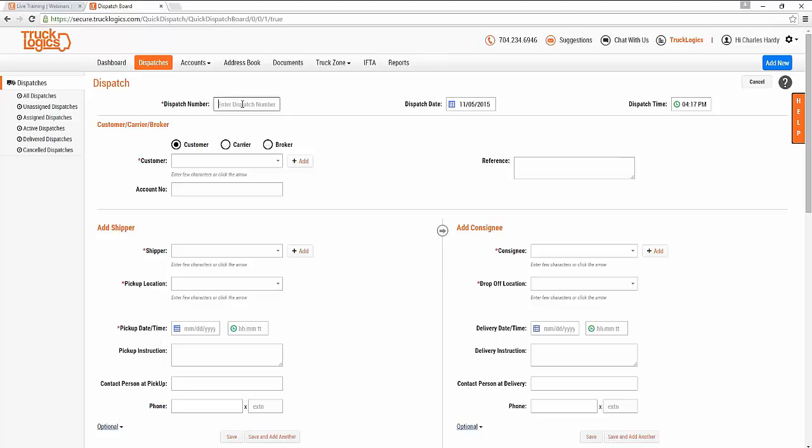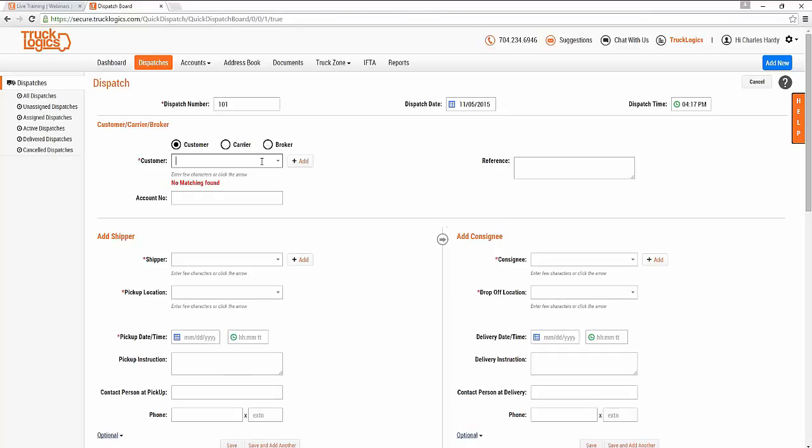So here you just start by entering the dispatch number. Since we chose to go manual, I'm just going to go ahead and enter a dispatch number manually there. And then for the customer information, you can go ahead and type up some information for your customer here. Now typically when you get started using TruckLogics, it's going to save these customers each time. So let's say that this particular customer is,